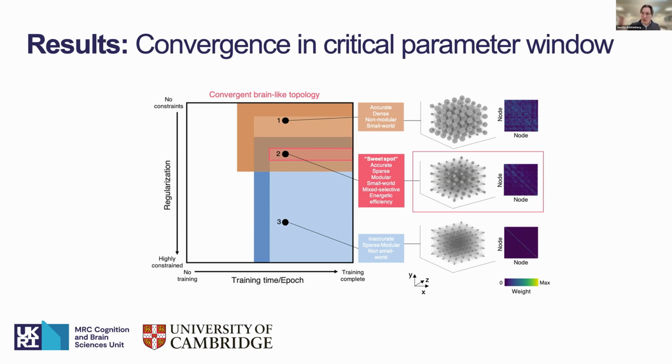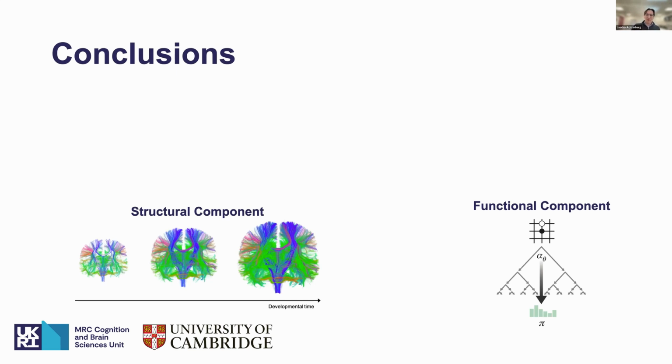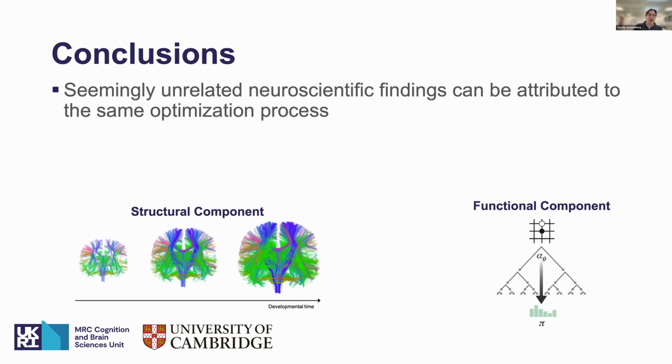So to conclude, just to give you an overview, what we think seRNNs show is that there are lots of seemingly unrelated neuroscientific findings which, at the end of the day, can be attributed to the same optimization process in those networks. So it's not that there's just one important thing and this does it all in the networks. Instead, they're all important, they're all linked to each other, and this is one gradient amongst which, quote unquote, highly functional networks emerge.